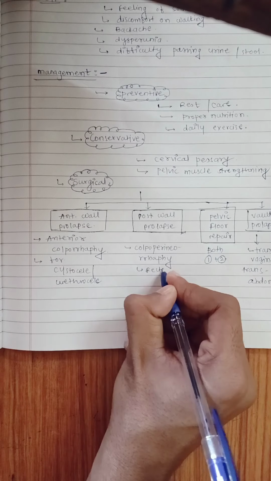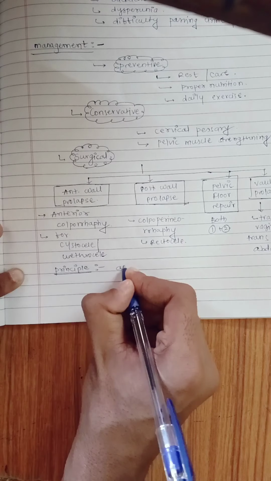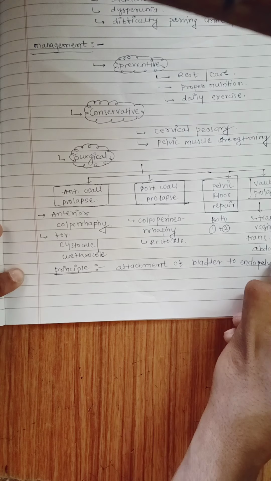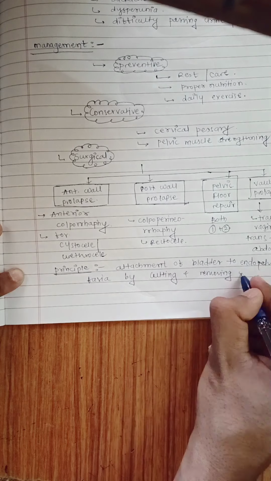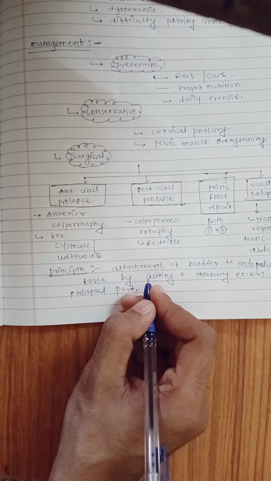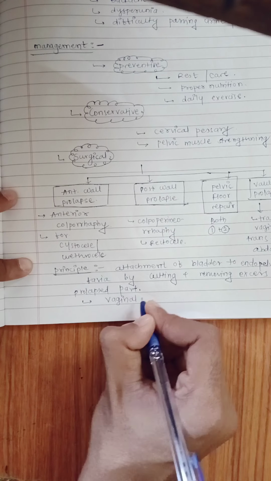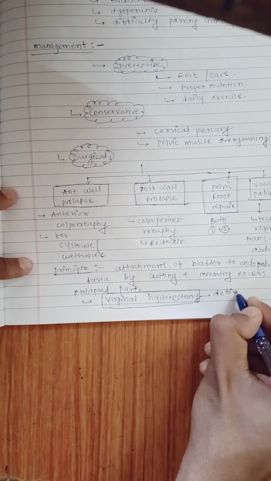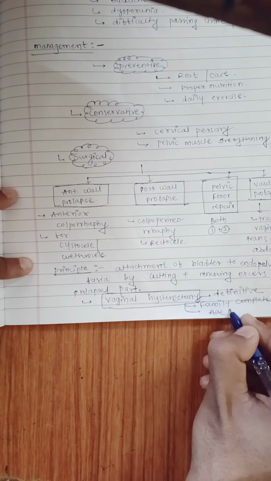Anterior colporrhaphy is done for cystocele and urethrocele. What is the main principle behind this? It is the attachment of the bladder to the endopelvic fascia by cutting and removing the excess prolapsed part. The main principle is the attachment of the prolapsed part, that is the bladder, to the endopelvic fascia. The definitive treatment is vaginal hysterectomy, which is done only for a patient who has completed family and